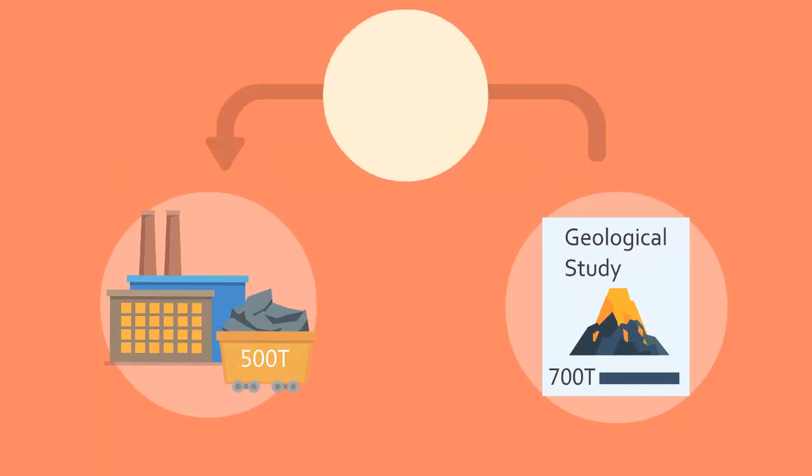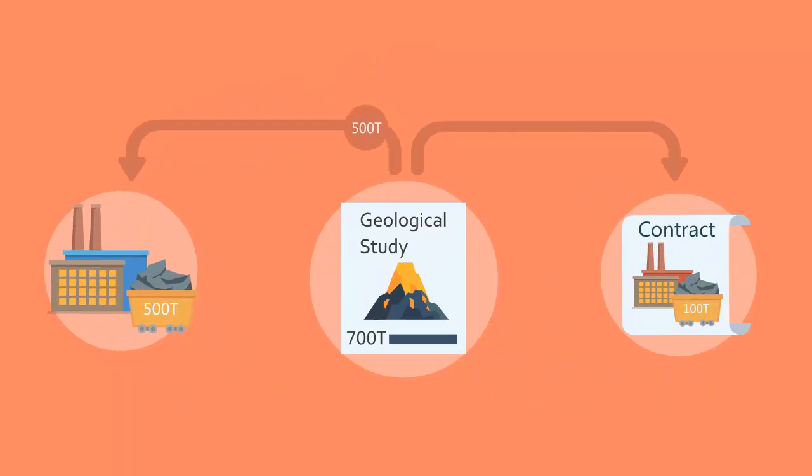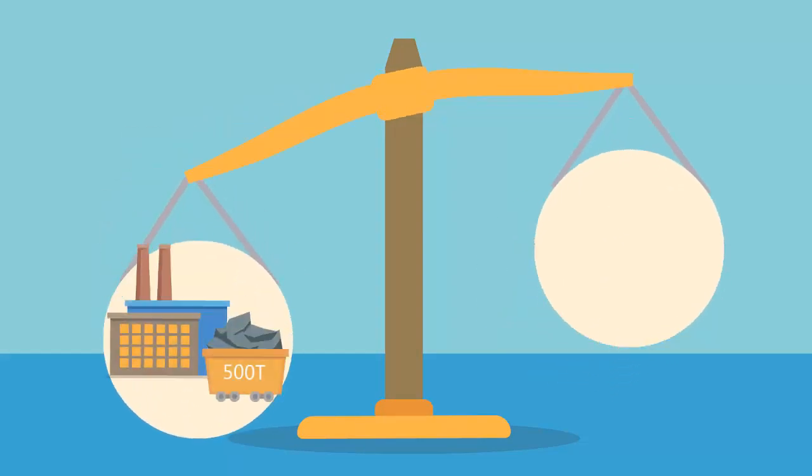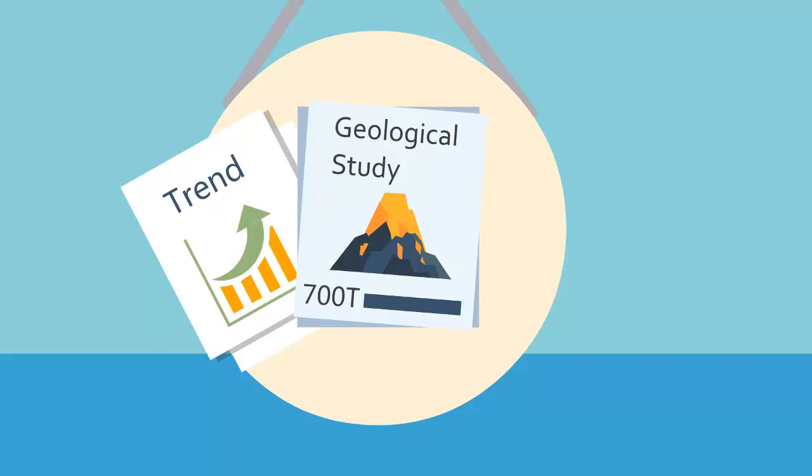When there are discrepancies about the capacity, ask the supplier to give you their evidence. You need to be sure at least that the area can provide as much materials as they're offering. Keep in mind that the supplier may be selling material to other customers as well. Compare the supplier's evidence of capacity with what you know from production trends for the mineral, geological studies, and previous